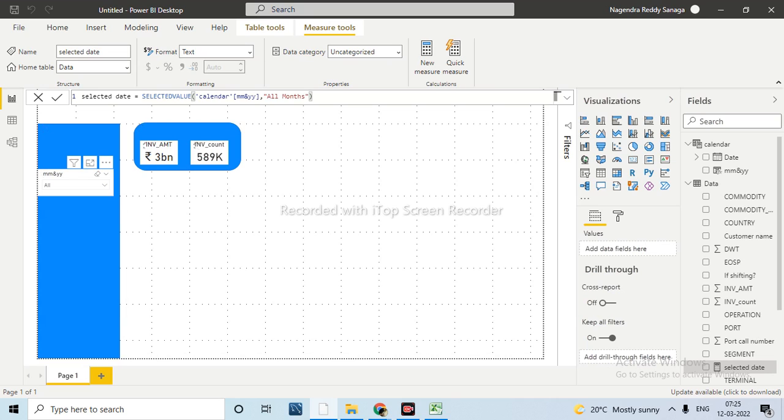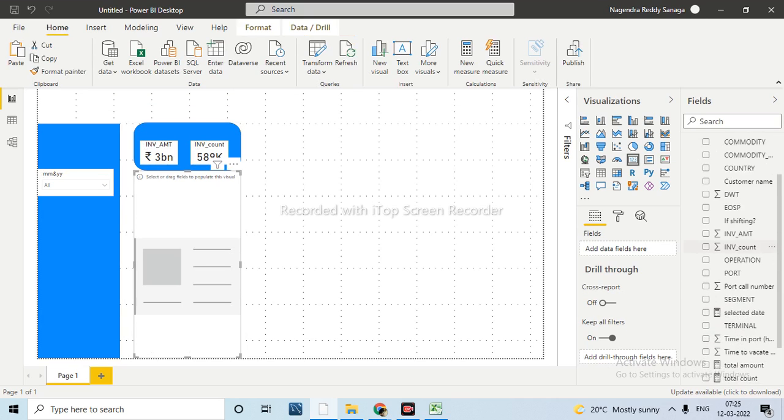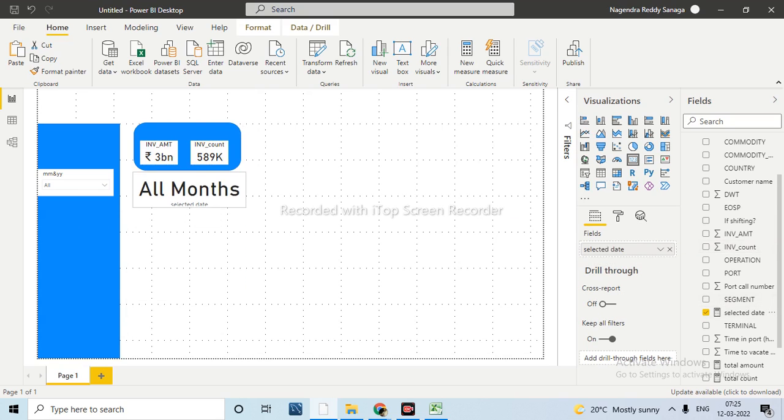When we have selected something, then whatever result we are selecting will come here. Just let me take a selected date here. Now if you see, we'll get all months because we have done that. Now if I have selected anything, that name will come. Now we can keep that card here so that this information will be for that particular month.